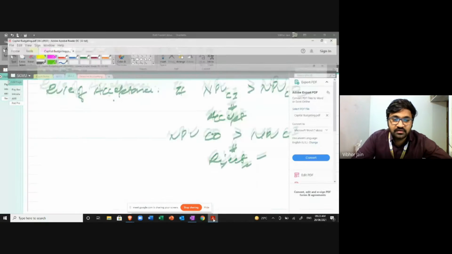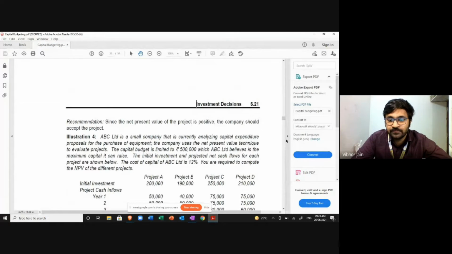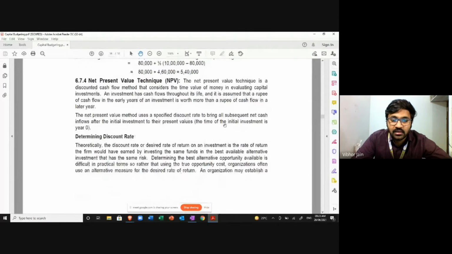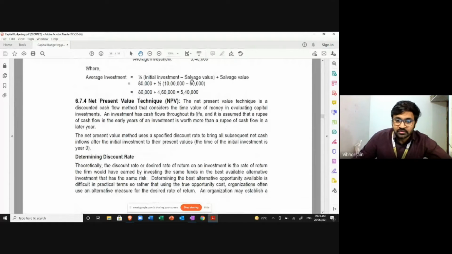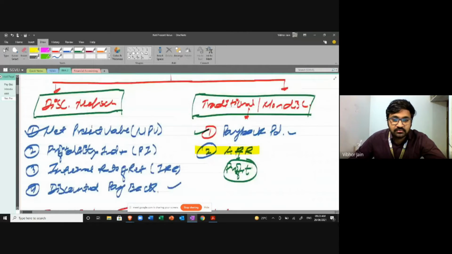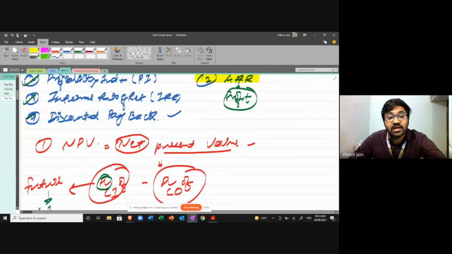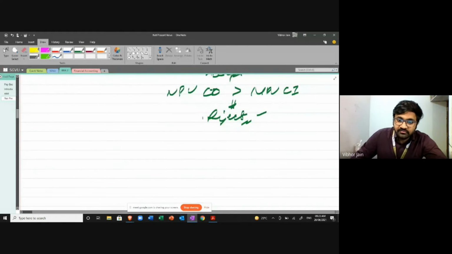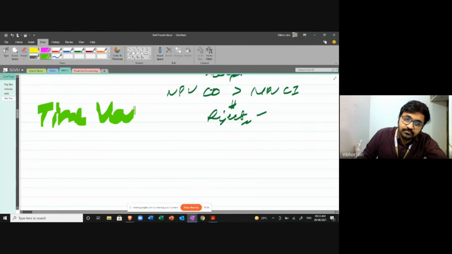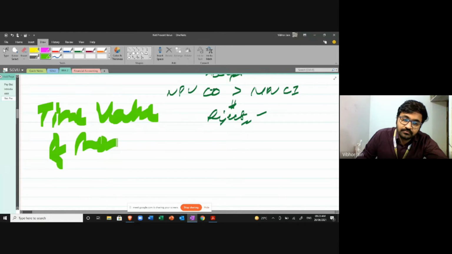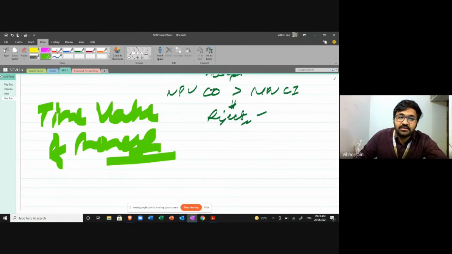Now I'll take you to this page that we are studying in, this document, this file, and we'll read a few things. Net present value. So the net present value technique is a discounted cash flow method. First of all, it is a discounted cash flow method. You have to be very aware of this point. I've already discussed the non-discounting. So now whatever four techniques we are going to talk about, all of them would be discounting techniques. By discounting, I mean that we are going to use the principle of time value of money.